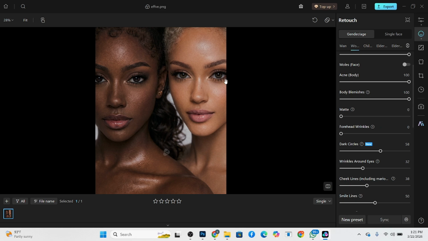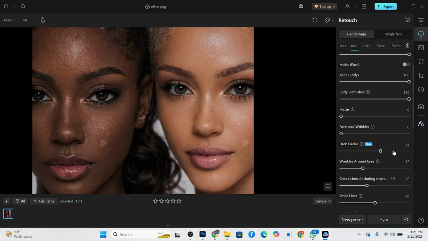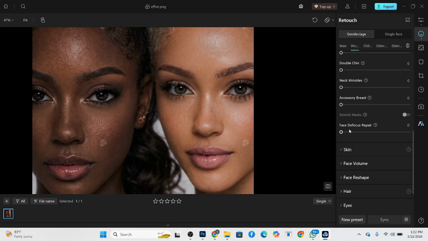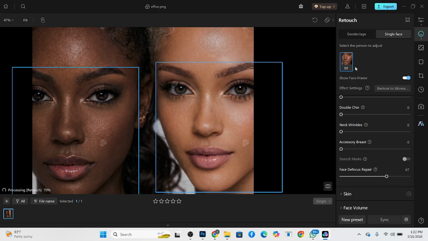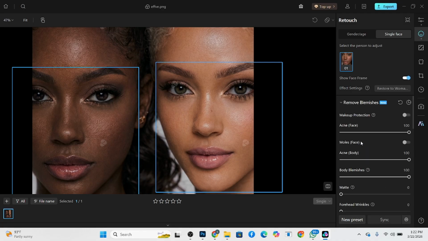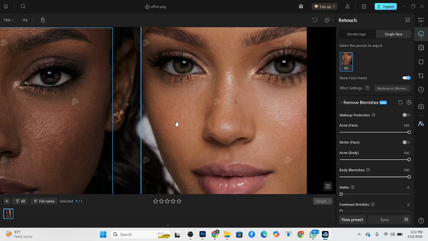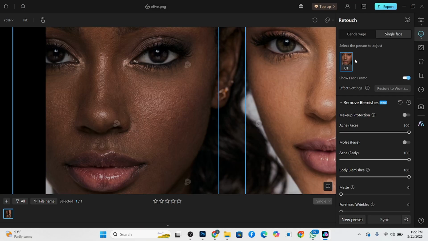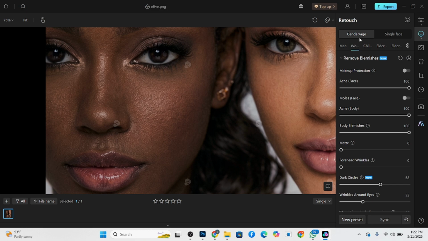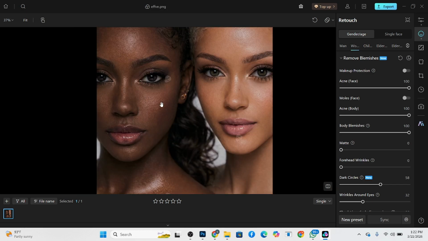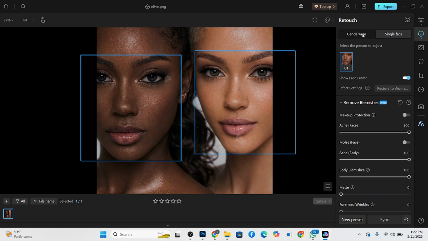But I'm sure that when it comes to retouching, we might want to have independent control. So how do we get independent control on the image? It's very simple. All you need to do is to go over to single face. So once you are in single face, oh my, okay, so I believe Kumoo is seeing both of them as one face. Why is that? Okay, so you might as well check your own and see what is seeing them as well. I think it's just seeing one face on my own. So because of that, another trick I'm going to do is I'm going to go back to my